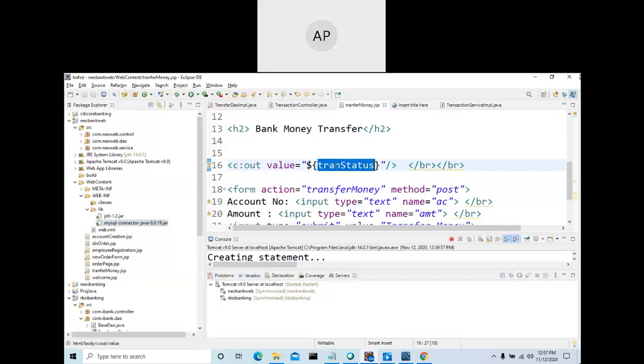So I think you got some minimum idea about what JSP is. This JSP is dynamic because these values keep on changing, right? If it is HTML, it is going to show the same thing. In the previous slide, JSP is used to create a dynamic web page. This ID is dynamic.